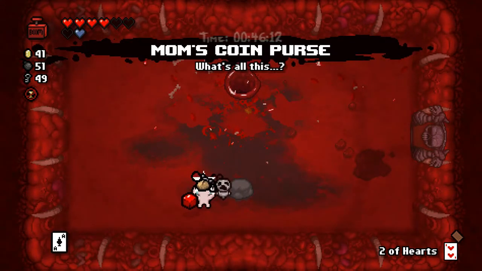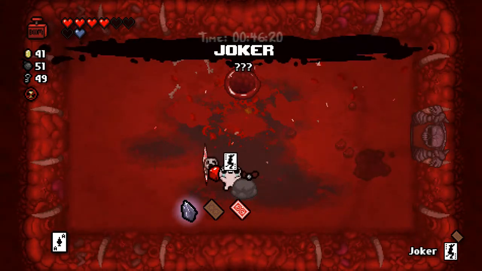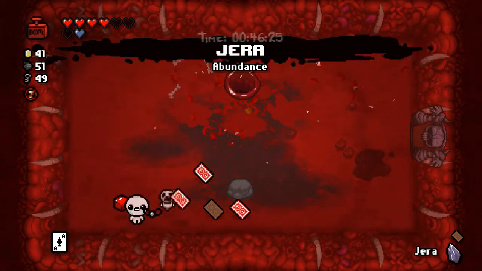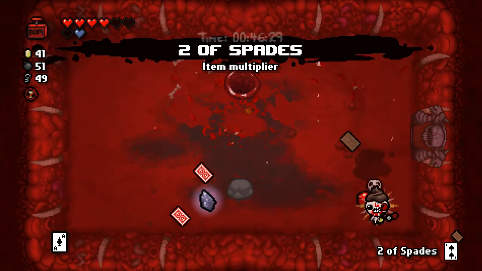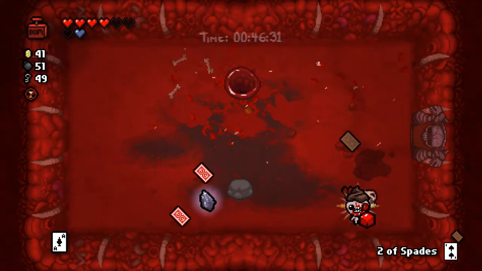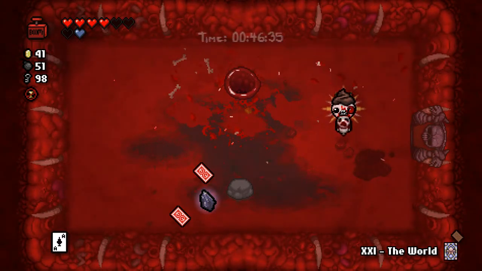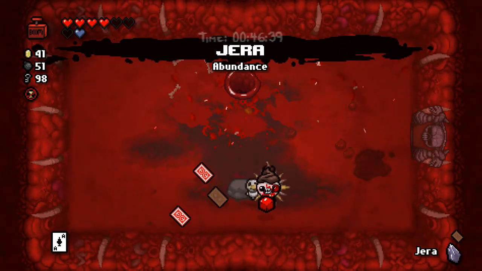Okay, Mom's coin purse. It's a bunch of pills. No, it's not. Is that because of Ace of Spades? So everything maybe just turns into cards. That would make a lot of sense. Joker card. Maybe I'll take it this time around. Jera. Double stuff. World. 2 of Spades. This is confusing. So I'll use 2 of Spades to get that out of the way. World. Yeah, now I have 2 world cards. I don't need 2 world cards. I could take a world card and...